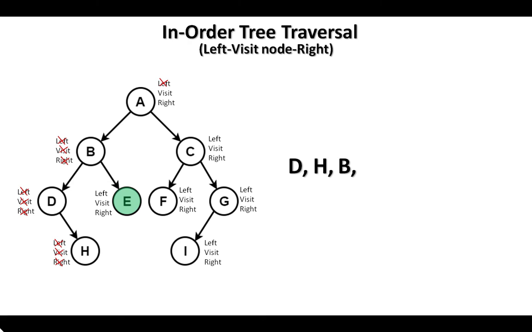Reaching E, we attempt to traverse its left. Since it has no left child, we simply cross mark left from the list and stay on E and print it, and find it has no right child, so we cross mark right from the list and go back to B. We finished with B's left subtree. Let's go back to A and print it. Now we are ready to traverse its right subtree.